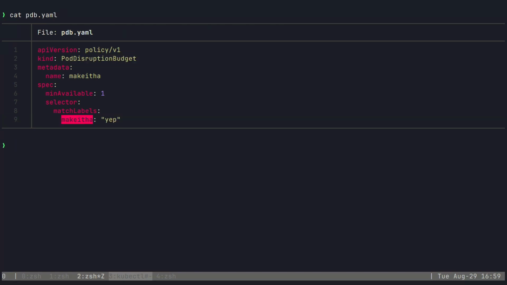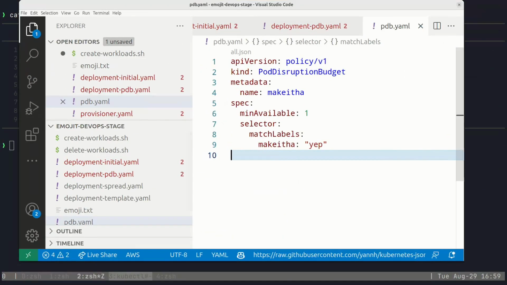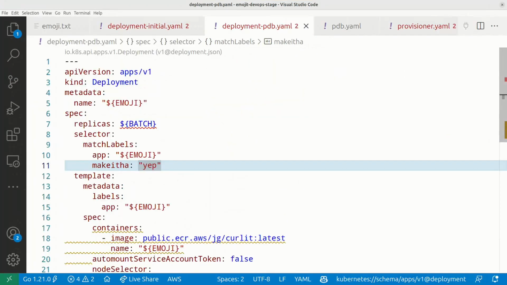But the other thing that we are running up against here is in our deployments. In our deployment templates, all we had was one label, and the label was for each service, or for each deployment. And so we need to add this new make it HA label, but these match labels are immutable. So in order to roll this out, we have to delete the old deployment and deploy the new one. That's not a huge problem. We can go ahead and do that, and hopefully we can do it safely enough by creating new deployments.